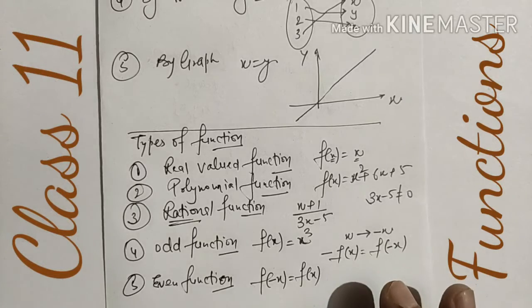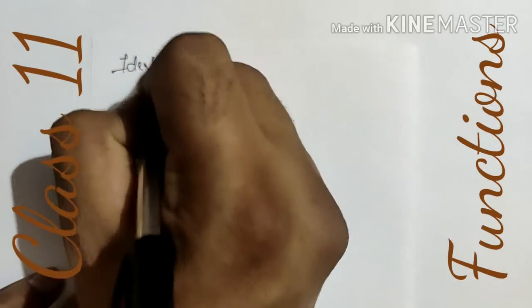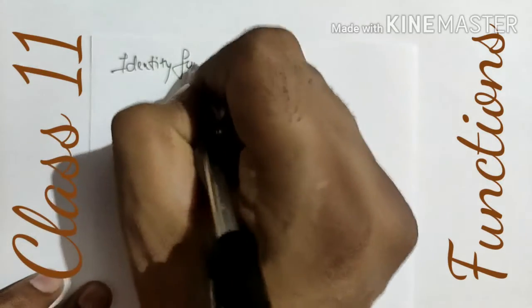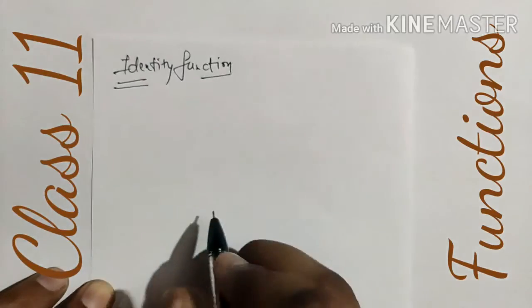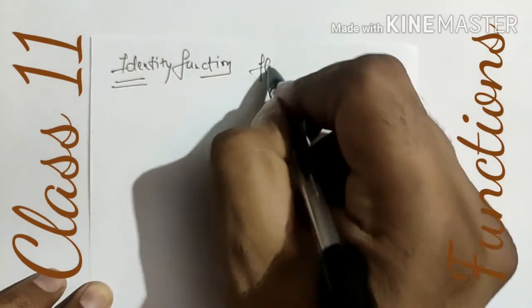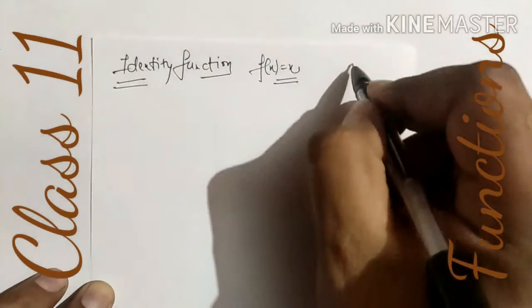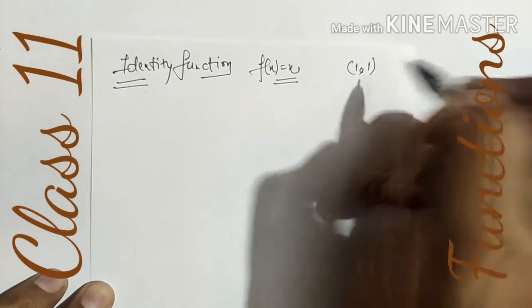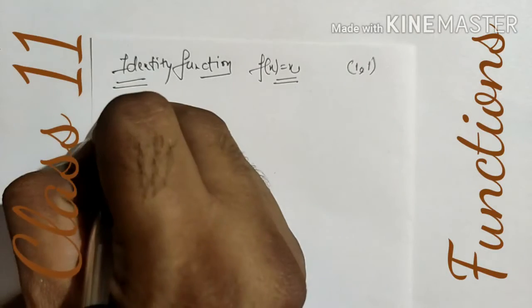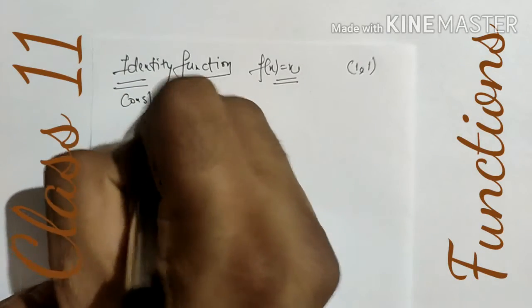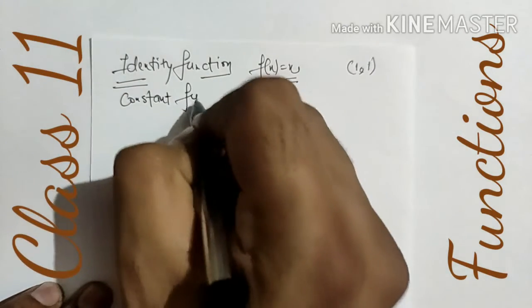So this is an even function, we can check here. Next type of function is the identity function. Here identity means input and output are both the same. We can say f of x is equal to x. Otherwise, we can say it is like a doublet of a number in which domain and range are the same.